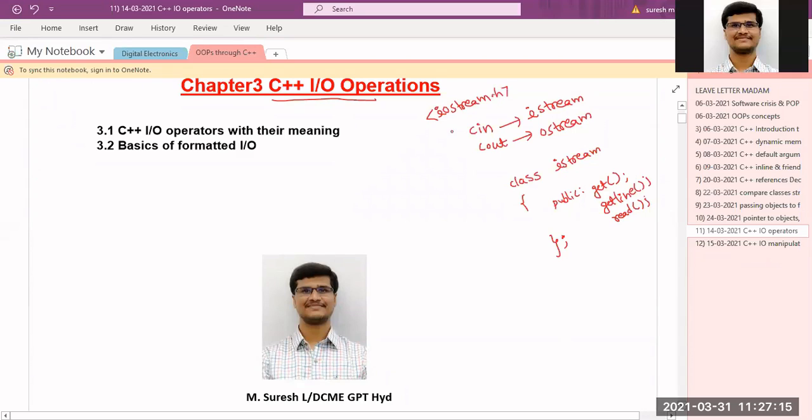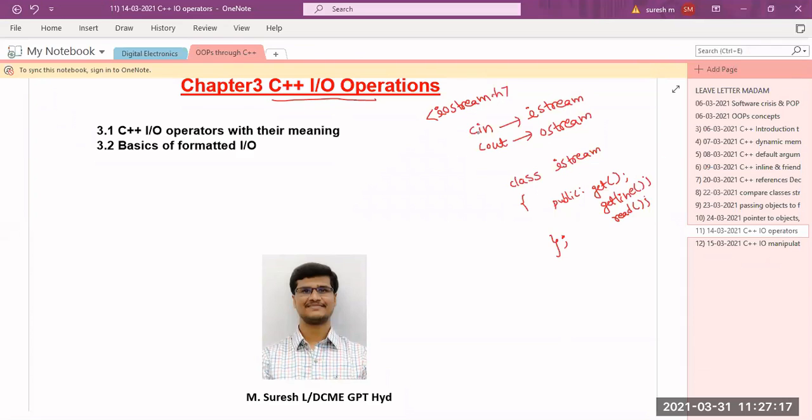So what is that iostream.h? It's a header file. Within that header file we have different types of classes. The same header file, if you go for .NET, it is like packages. I think everyone knows about packages in .NET. Actually you will call it a namespace. In case of .NET we will call it a namespace.